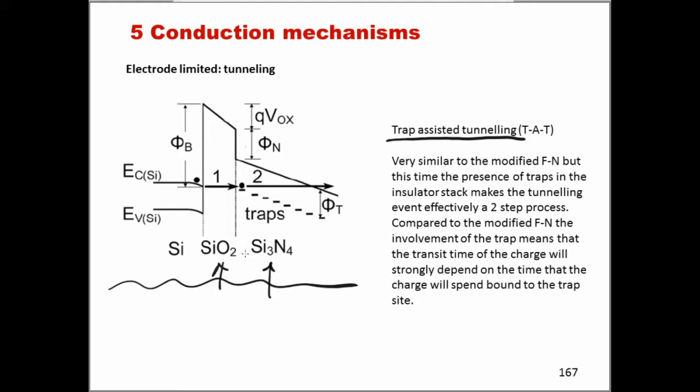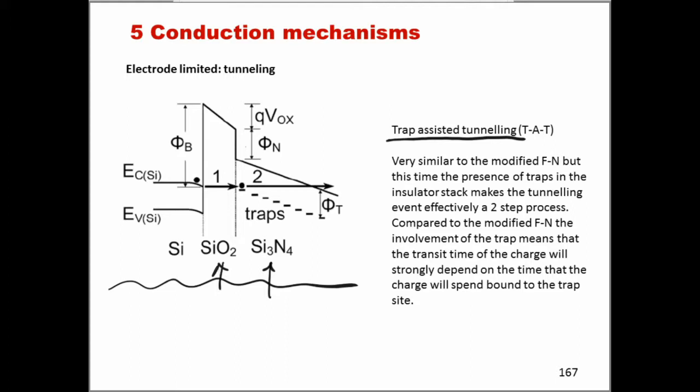So trap-assisted tunneling is a mechanism where traps become involved in the conduction process. They assist the tunneling process, as we've just explained. Remember that traps are in general capable also of keeping charge. And we know now that if charge is located somewhere within an insulator, this causes changes in the energy diagram. So we should